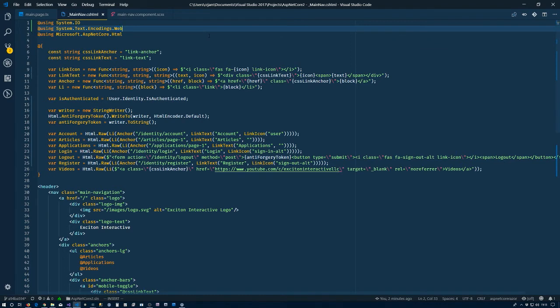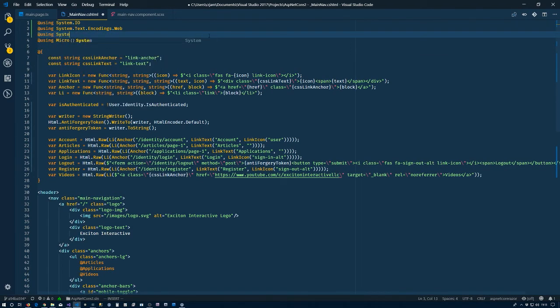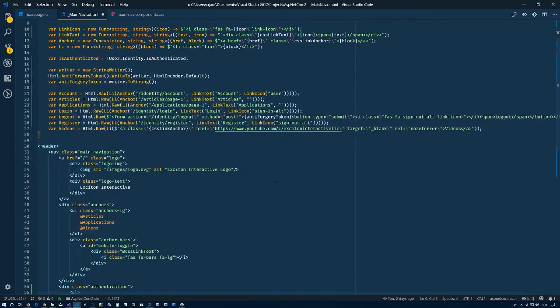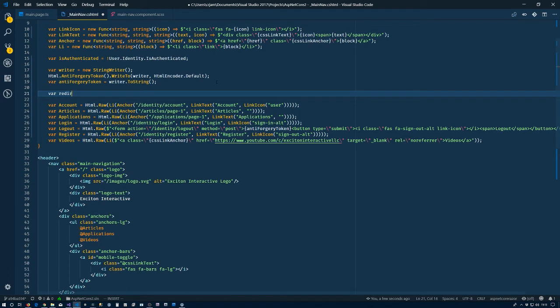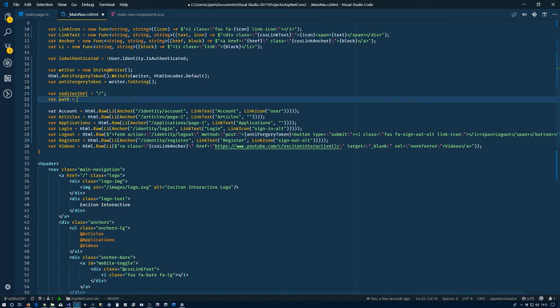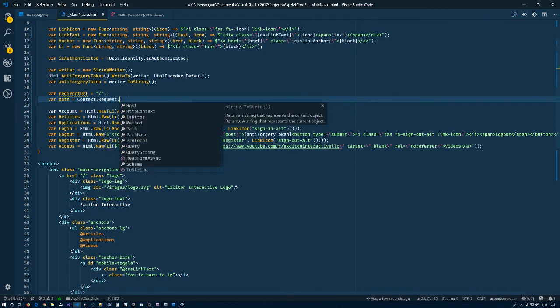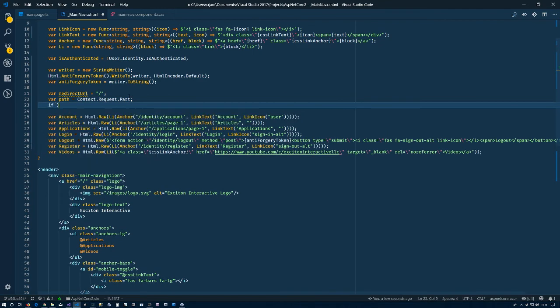We're going to need another import here, using system.net. I'm not sure why I have systems and all that above the Microsoft, but whatever. All right, so let's come back down here. So we'll put it here. So we'll call var redirect URL. If all else fails, we'll just redirect to the root. So path is context.request.path. Then we'll say that if path.hasValue and path.value contains